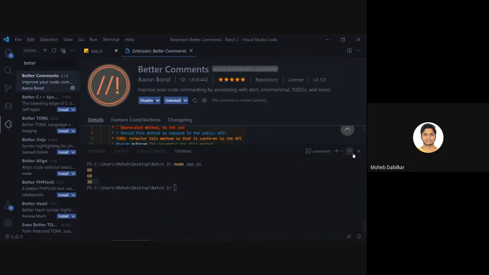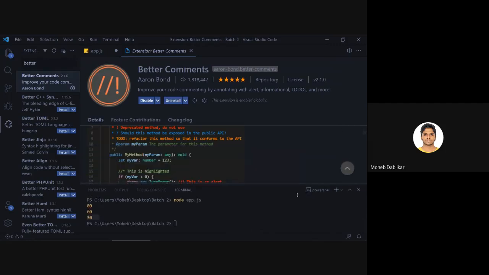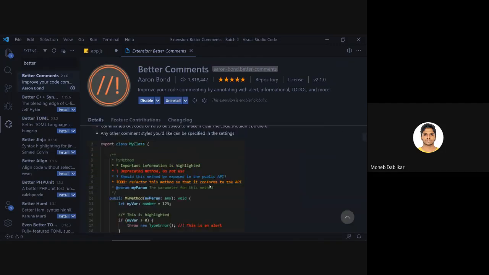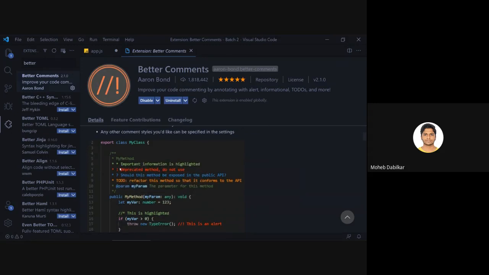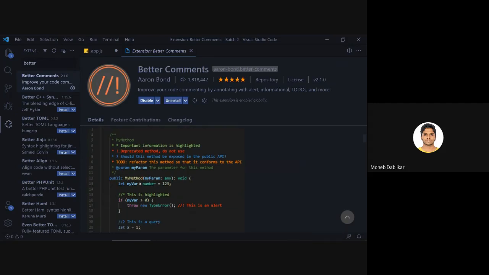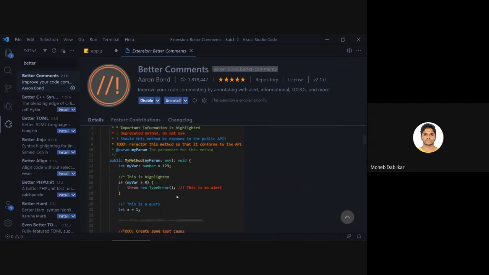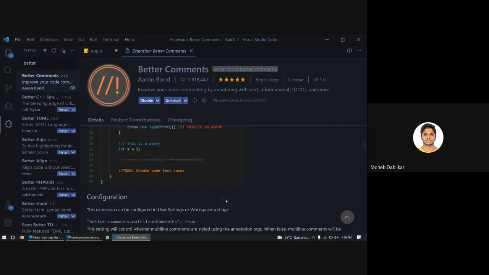If you want, you can see it colors your comments. If you specify a star, then it says important information is highlighted. If you put an exclamation mark, it says do not use deprecated method, some warning you want to show. Then there are some questions you can use. Depends on you. You can also edit this.